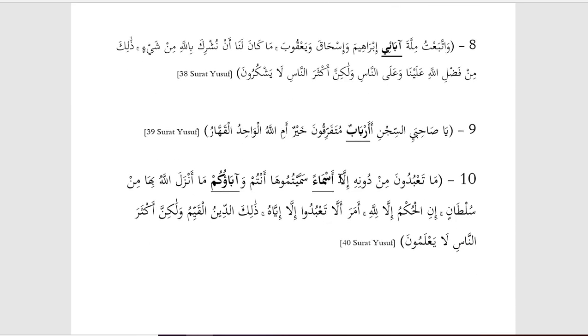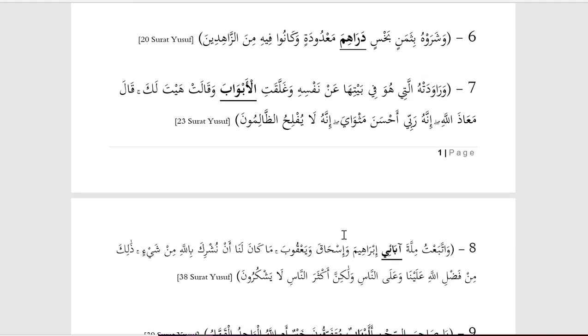We come to the next one. We have asma. Now this one, because you're used to saying ism, it was probably difficult for you to find this one because asma really comes from sumu. Sin, mim, wow. Okay, so under sin, mim, wow, you'll see ism. And then the plural of ism or name is asma. And then we have aba again, which we've already taken above, which is the plural of ab for fathers. Okay, so those are the plurals that you should have looked for and you should have found.